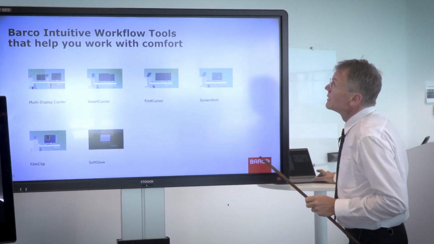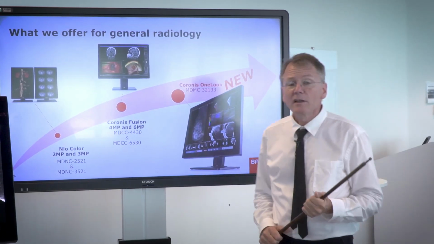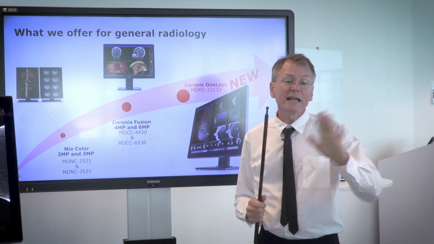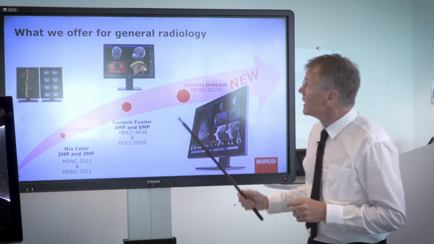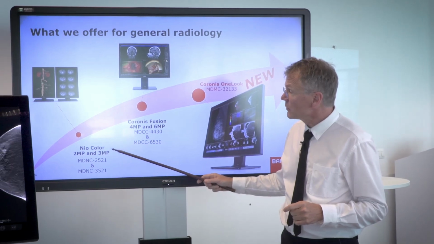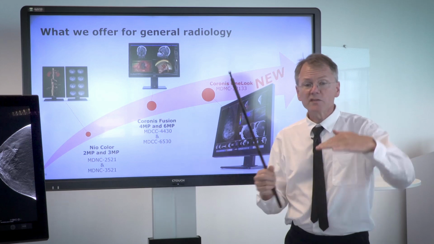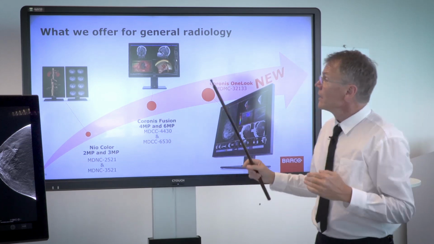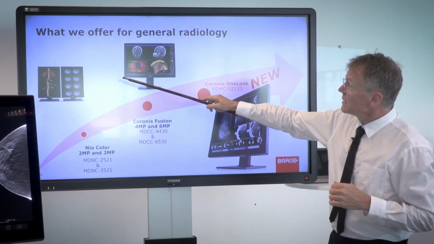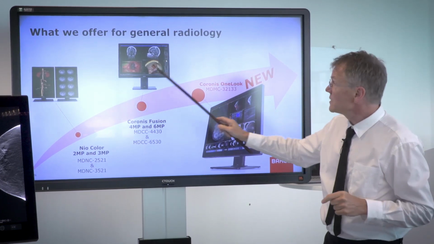Okay, and then if we go on, in terms of the range of product that Barco offers for general radiology, we have the Neo Color 2MP and 3MP. So those are a pair of displays in a nice tall format, and they're always both color and grayscale.